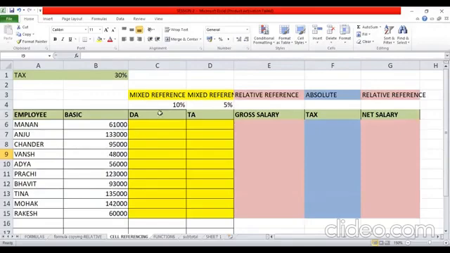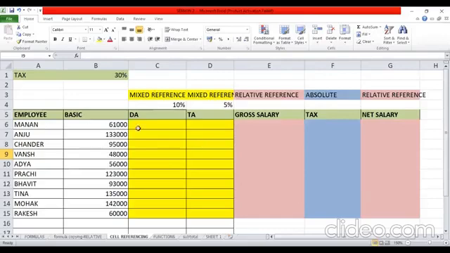Similarly, for all employees, DA is paid at 10% of the basic, TA is paid at 5% of the basic. The employee gets a gross salary. For those of us who are working, we already know how salary components are added. But for those of you who are students and are not familiar with it, I'm just telling this for those. Your gross salary will consist of the basic, the dearness allowance and the traveling allowance.